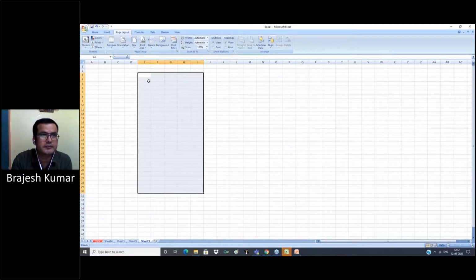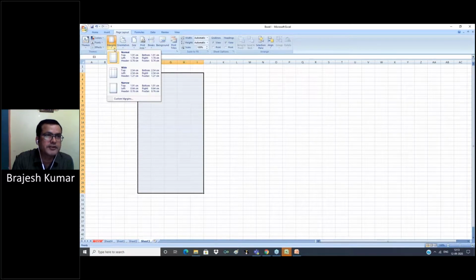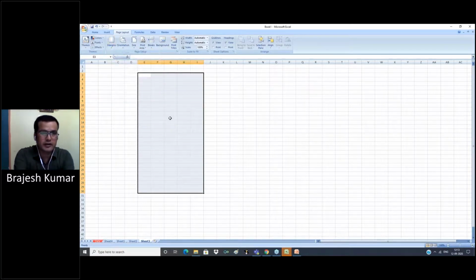Sometimes we can see in print preview that some columns are not in the defined area. So for this we use portrait, landscape, and margin options, so that all columns come together within the printed area. Mainly for this we use page layout in our work.